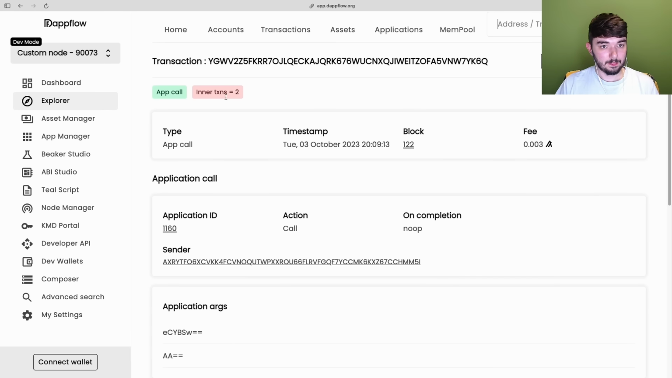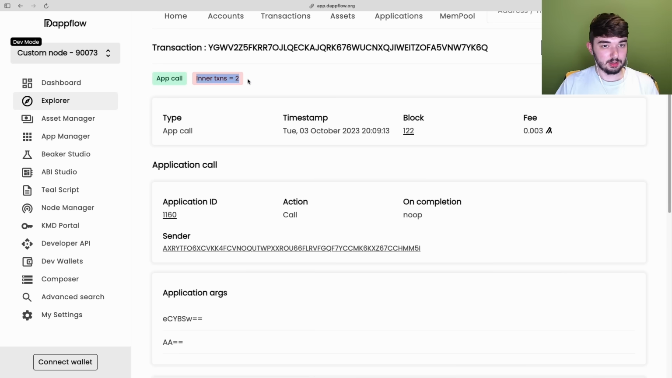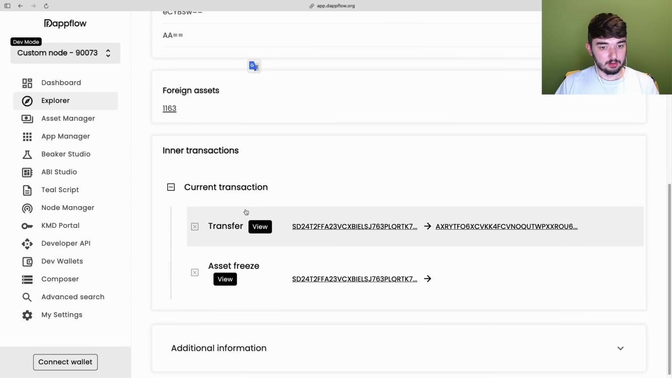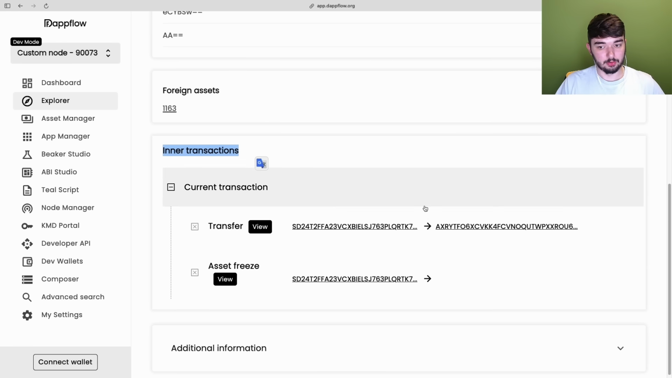We can see that this is an app call and it has 2 inner transactions. And if we scroll down, when we call our register, remember it transfers the asset and then freezes the asset. So we have 2 inner transactions. The first one was a transfer, so it transferred the token 1163 to our caller account. So this AXR account, if we come back